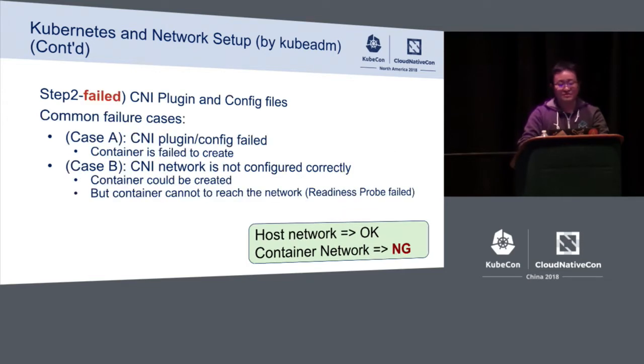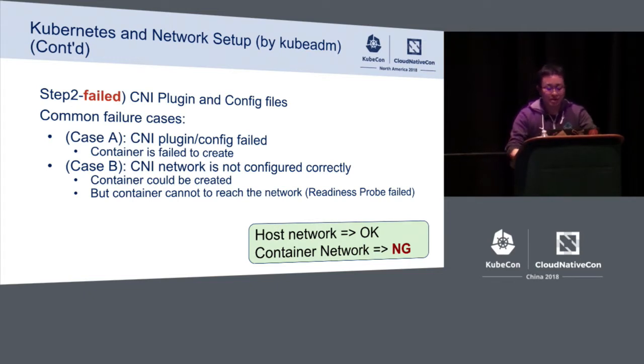But of course, we can go to the failure case. I think there are two common failure cases for step 2. The first is that the CNI plugin and the config fail, I mean, the CNI config file is invalid. At that time, that is one failure case. And the other is that the CNI config is valid, so the CNI program successfully reads these files, but this does not match our expectation or Kubernetes' expectation. At that time,